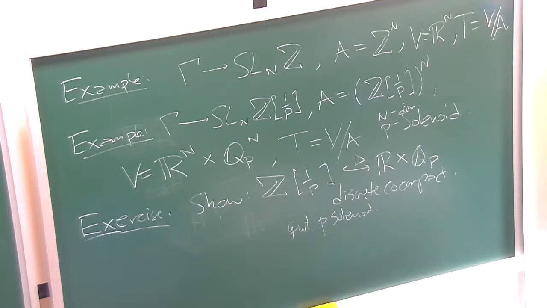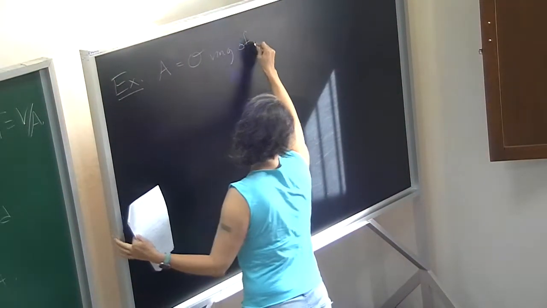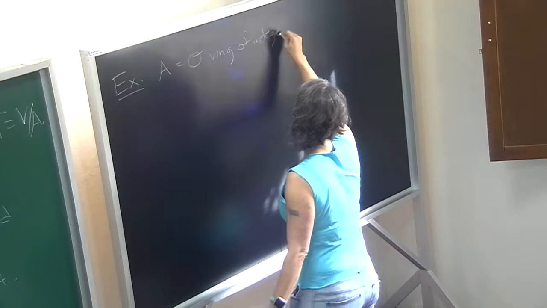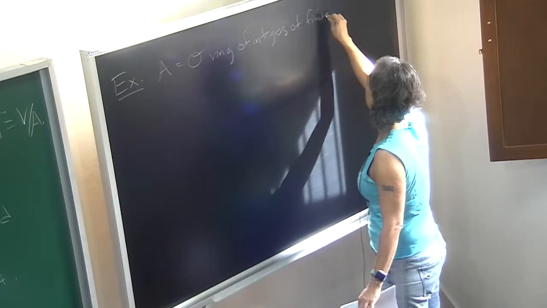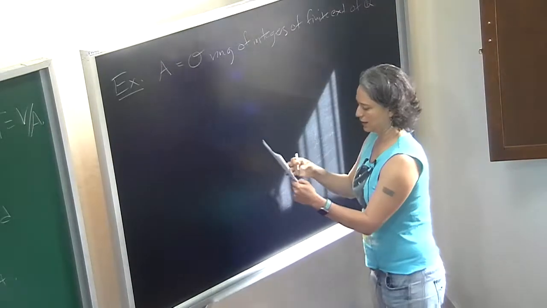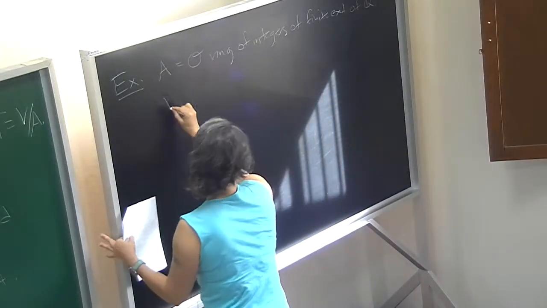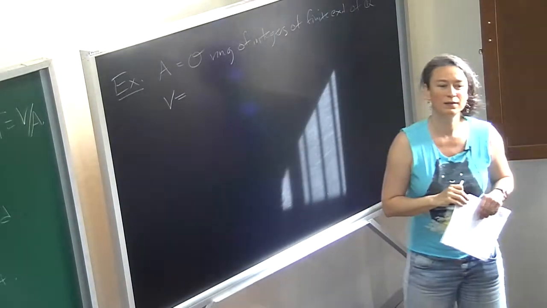Okay, one more example. Another example would be that A is O, the ring of integers of a finite extension of Q. And then it's known that depending on which,